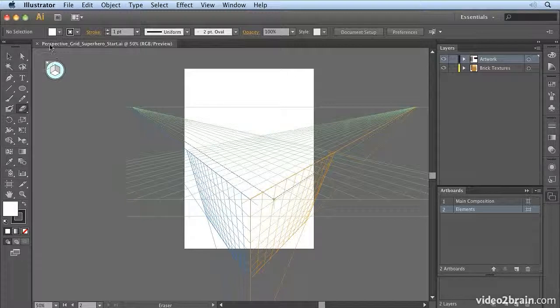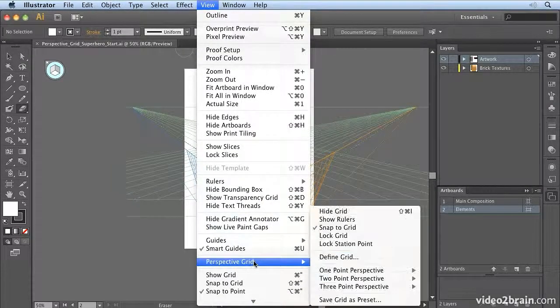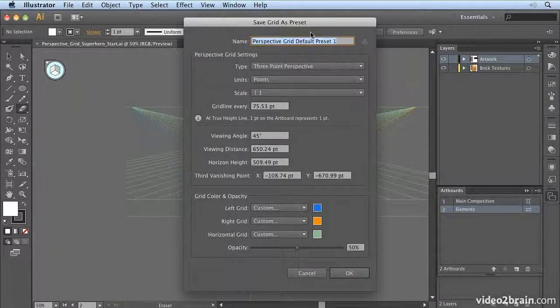So if you want to follow along, open Perspective Grid Superhero Start, and you'll see that I already have a perspective grid set up. By the way, I can save my perspective grids by going to Perspective Grid, Save Grid as Preset, and I could call this Marvel Superhero